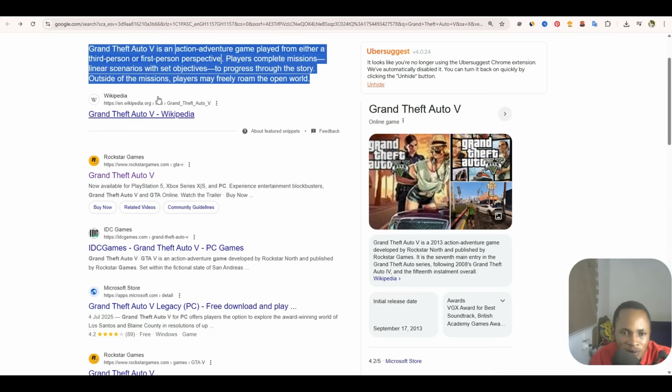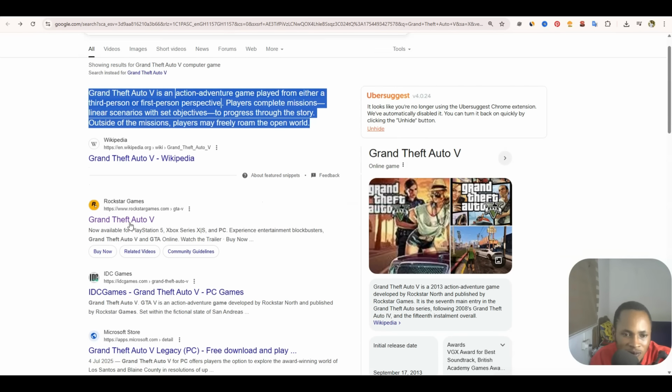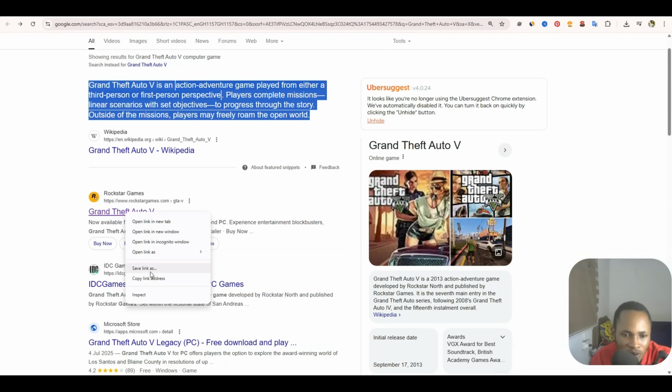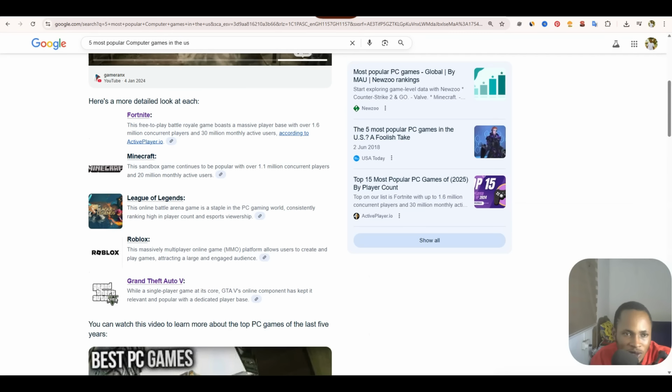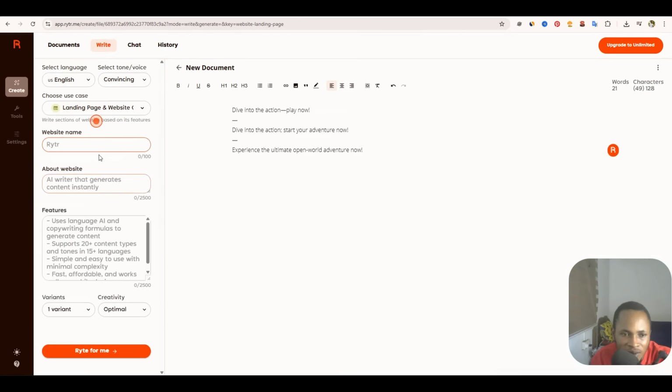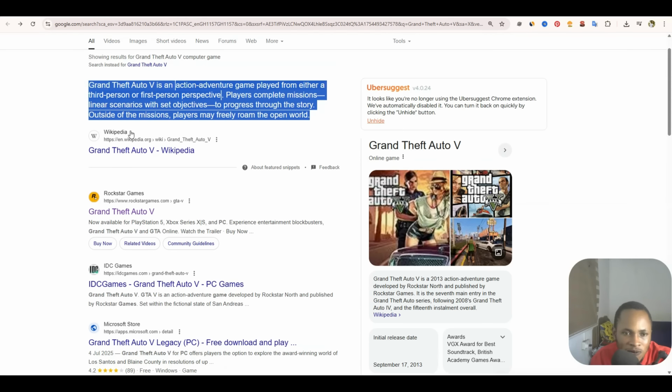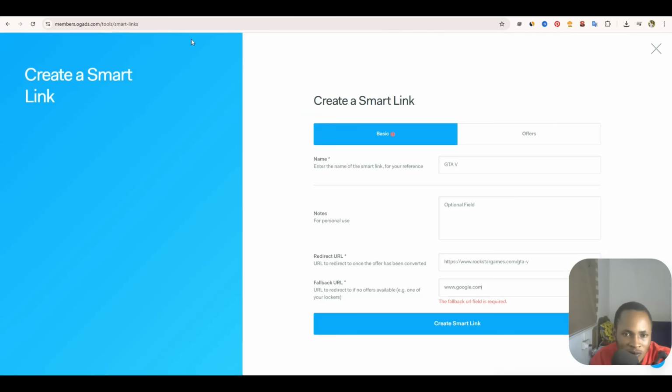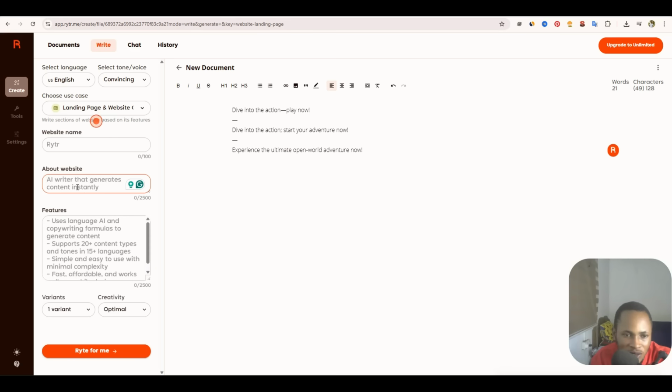So the website, I'm going to go to the official website of Grand Theft Auto and then paste in the website URL. So the website name is quite simple, and then about the website, you can download most of the details about the game and then the features. This is very simple. So the details about the website, go back to Writer and then it says